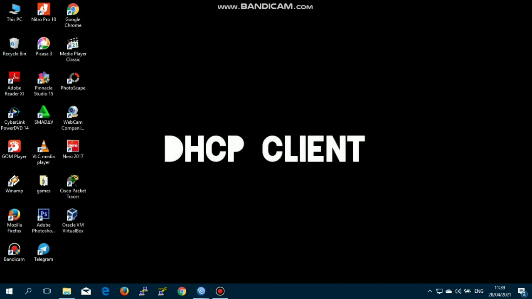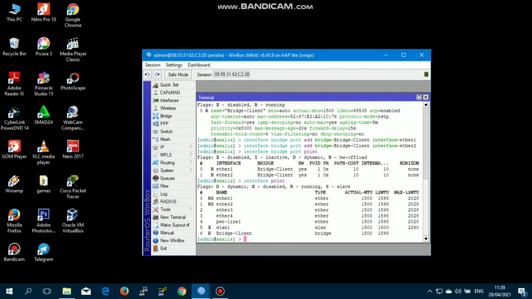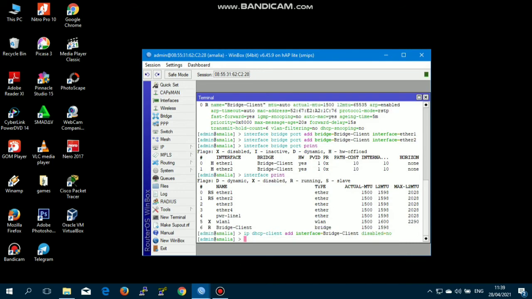DHCP client configuration. Make a DHCP client configuration for the bridge client interface so that later the client router gets an IP address and can connect to the internet network with the command IP DHCP client add interface bridge client disable no. Don't forget to check it with the command IP DHCP client print.